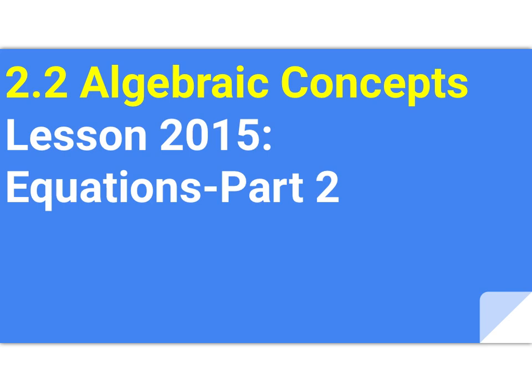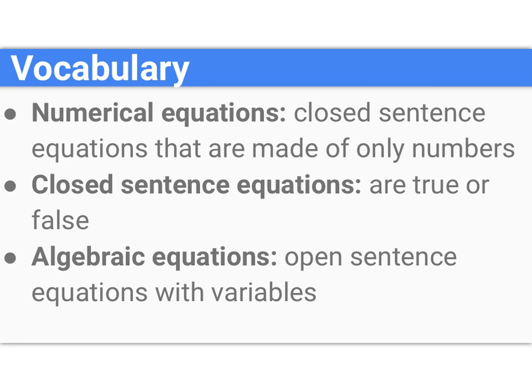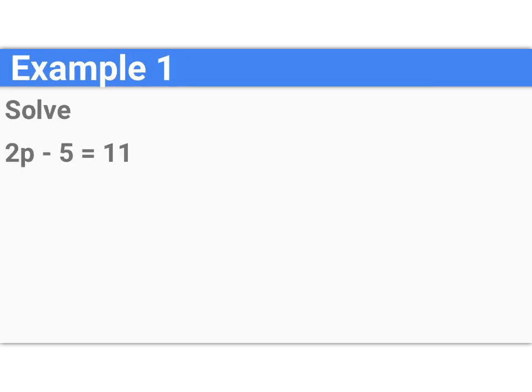So we looked at the last. Okay, so you can look through the objectives, pause the video and read through these at your own time. Here are some properties of equality. So here are some more properties that we need to look at about equality, because we're going to be using these around. So really take the time to read over this, and we're going to use some more vocabulary. So now,